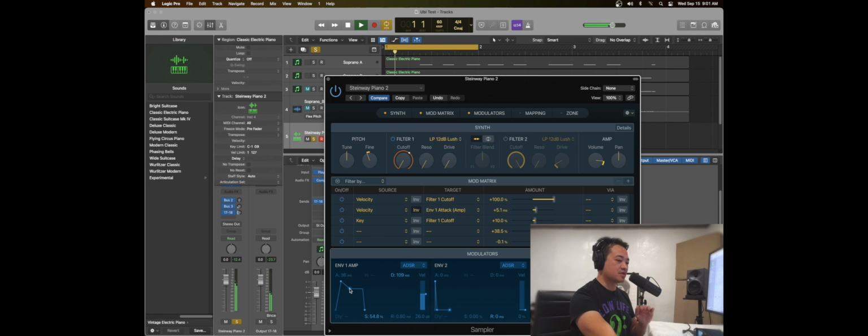And then let's lower the sustain. Let's raise it. And see how the release is so abrupt? Like bum, bum, bum, bum, bum. So let's make it feel like it's a little bit more reverberant. Just a little bit more of a release.